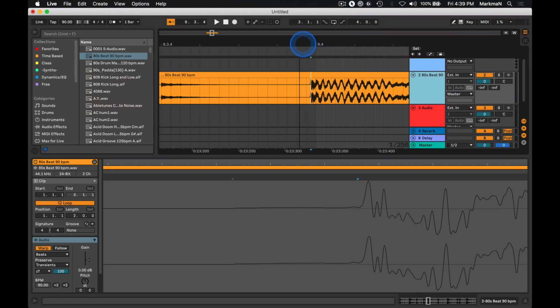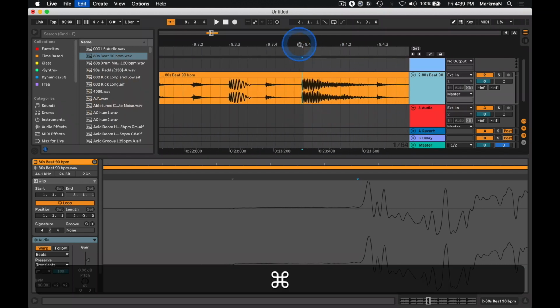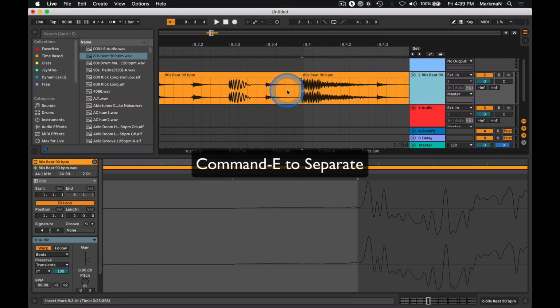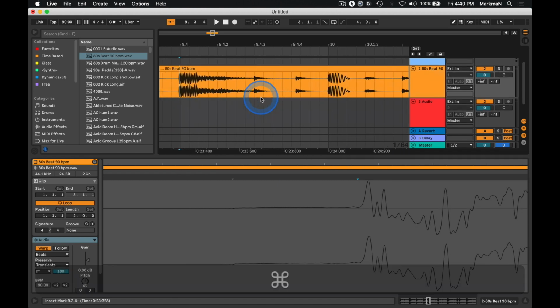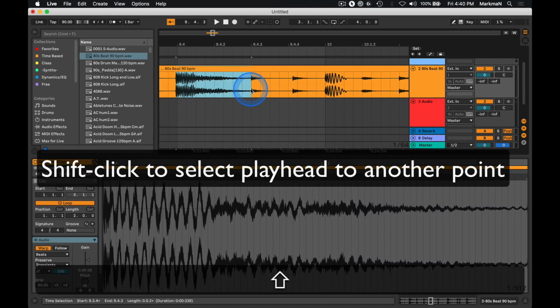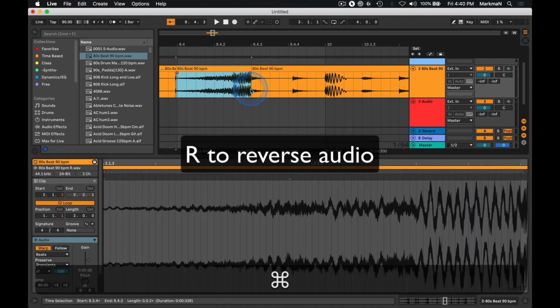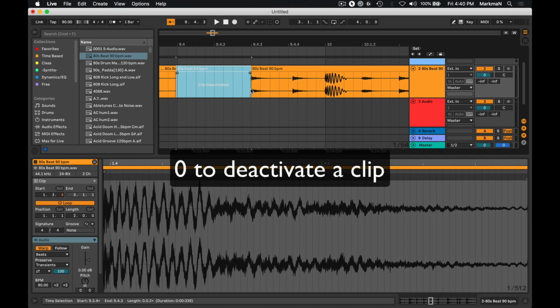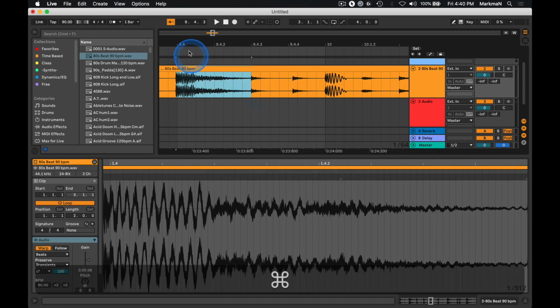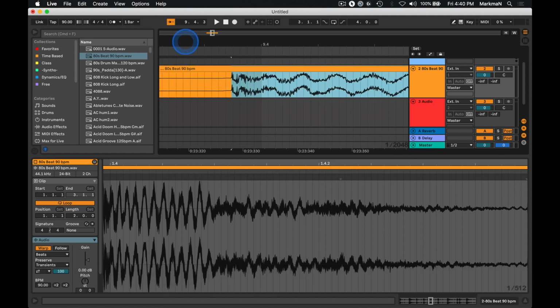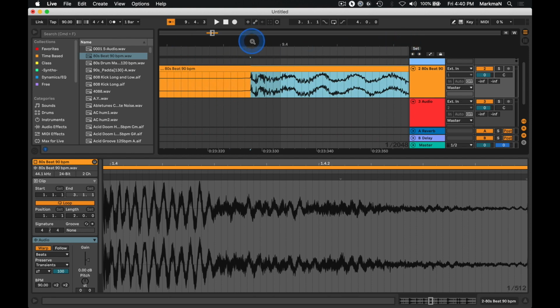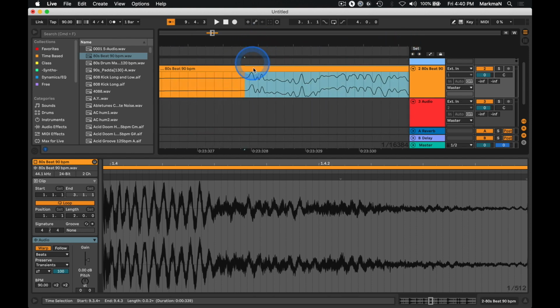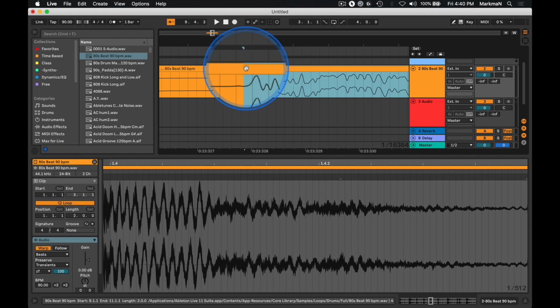This now means I have the ability to cut that and separate it out. I have the ability to separate this entire piece out. I can reverse it, or I can even deactivate it. But all of these things that I've done are happening independent of my grid. And if we keep zooming in, you can see I'm not quite landing on any of the grid lines,